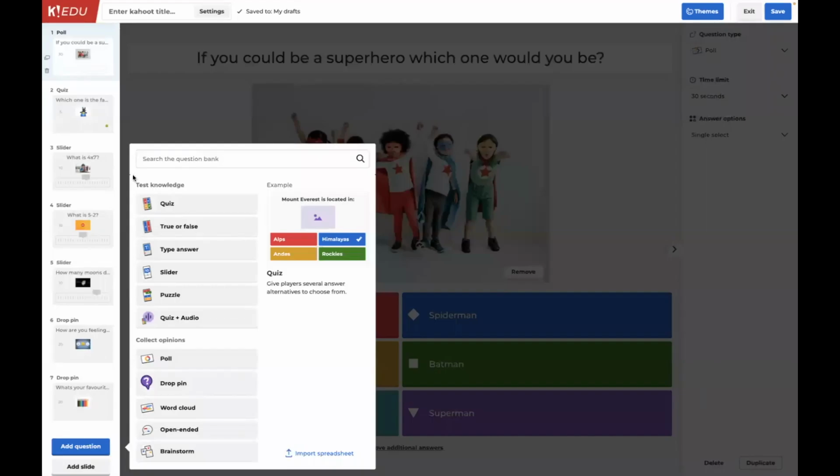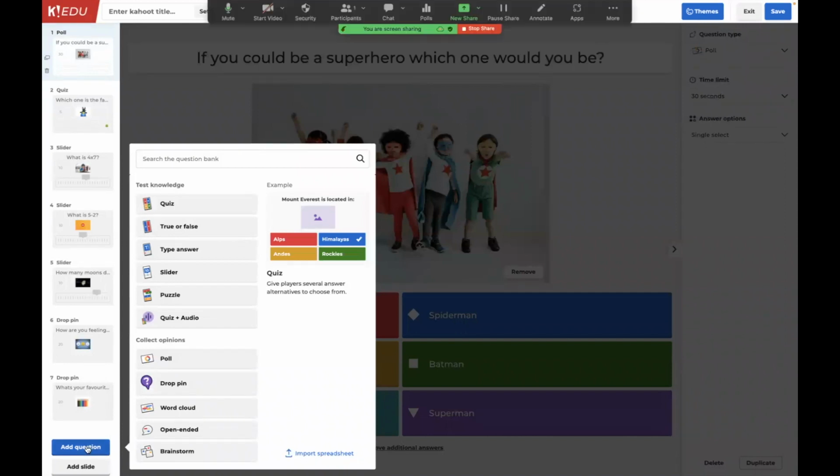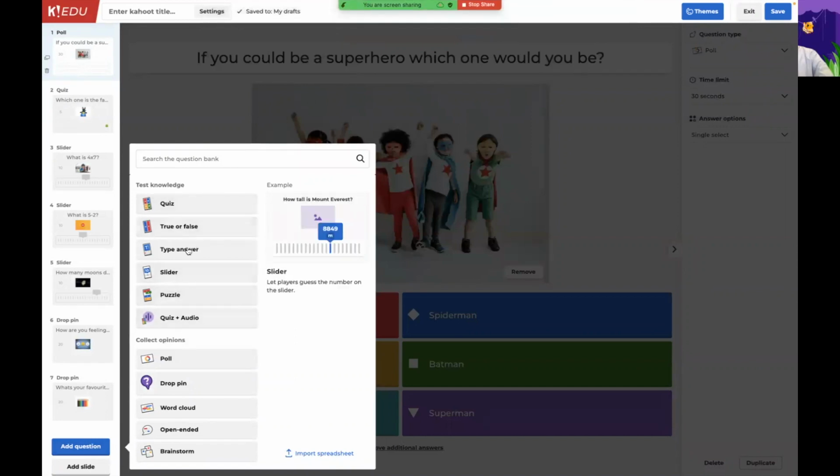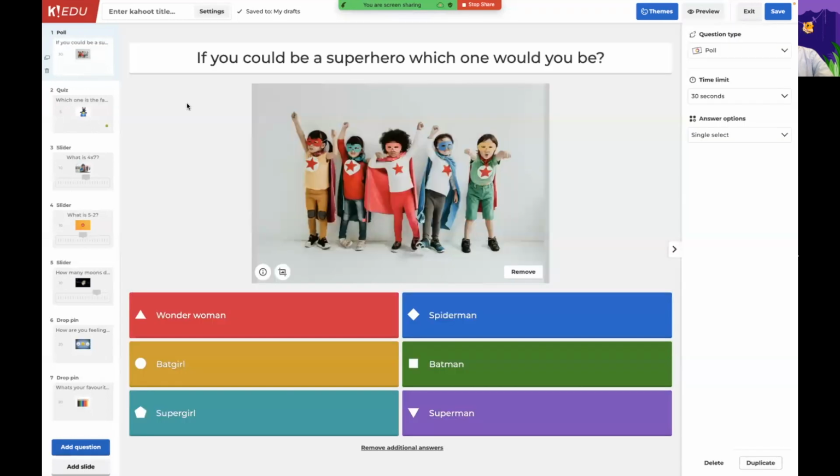So here you can see we're in the Kahoot Creator. I clicked on the Add Question option. And from the list here, you can see the new question types. Here's the slider question type, and here is the drop pin question type. And the poll question type and quiz question type are the 2 questions that have gotten the option to add 6 answer options. So I've made some pre-made questions I'd like to show you for each of these question